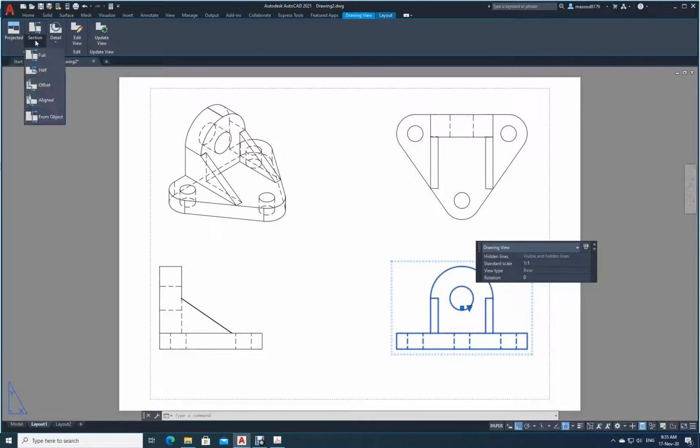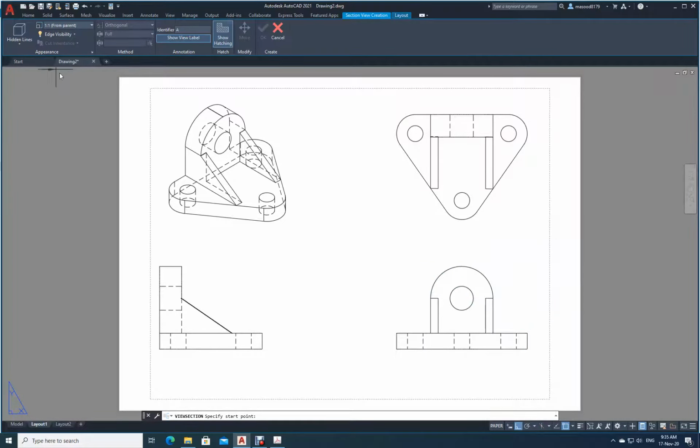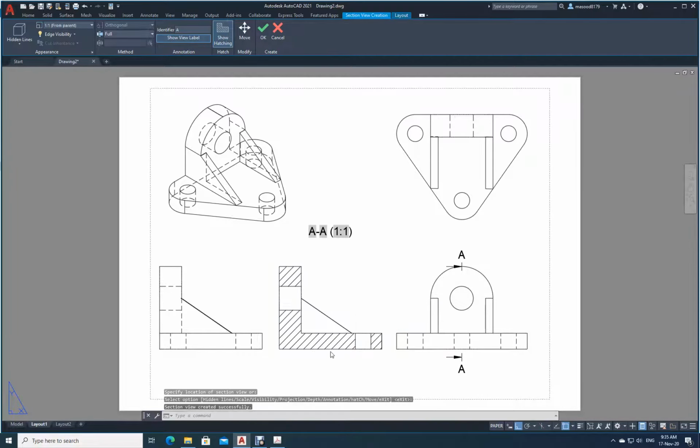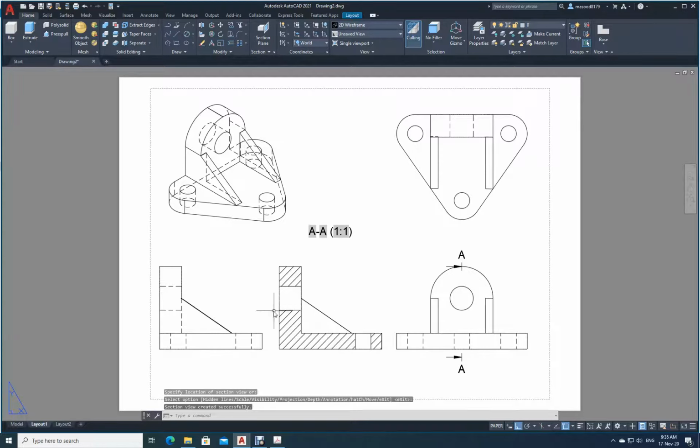Now let me go to sectional view. If I go to sectional view, you will see full section, half section, all this stuff. So I want full sectional view. Click here. Now the moment I click here, see, there is a point A where I will select this point, understand? Between this point, I will come up to, I will come down like this, okay? Now see here, it has already cut it. Now I bring and put it over here. Enter. See that? Sectional view. When it cut this section, it has cut this hole as well as this hole. So you can see it very clearly.